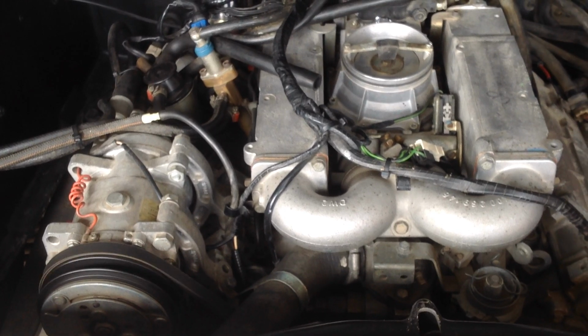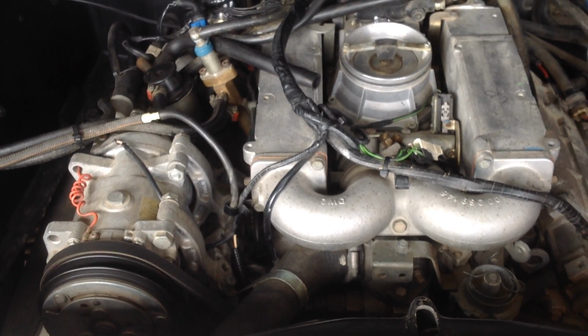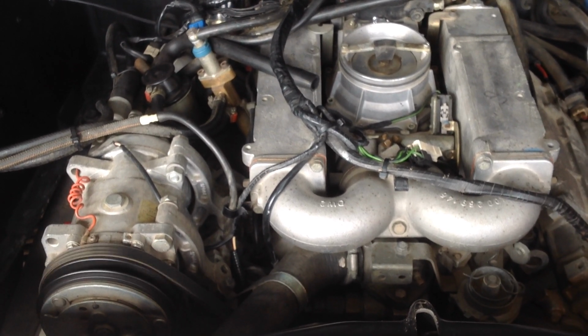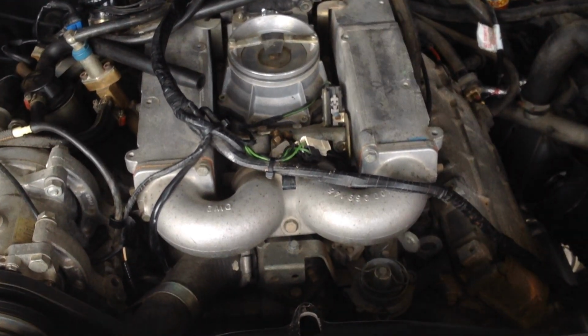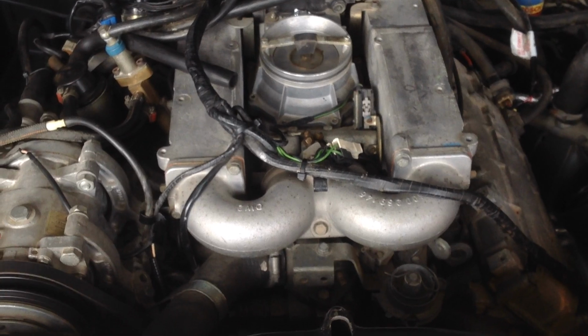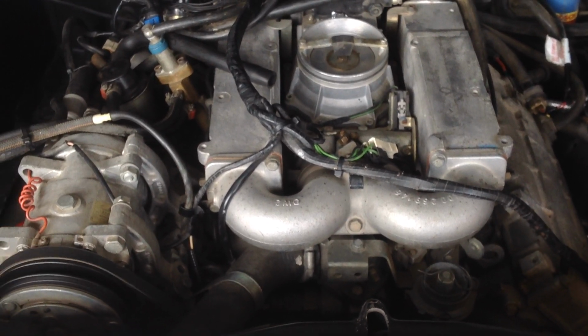The biggest thing is when it drops RPMs like that, the engine starts to labor and shake. Obviously you can feel that throughout the car. Not exactly sure what that is,